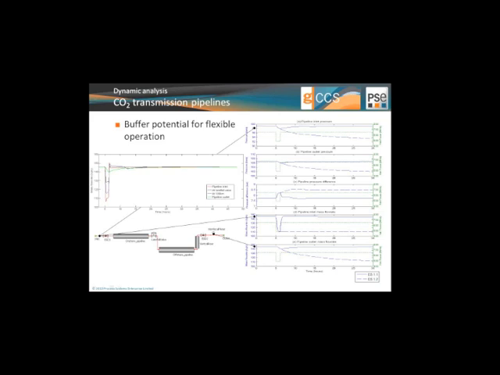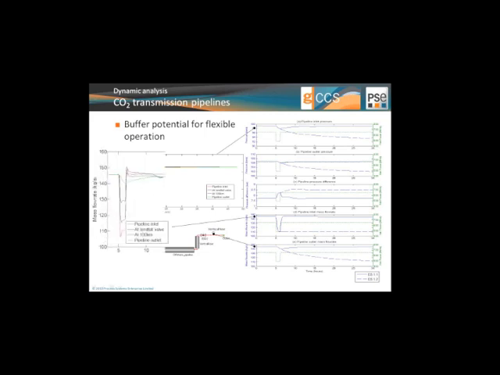Finally, in terms of the transmission pipelines, and please note that the timescale here has changed. Before we were looking at a timescale of 10 hours, and we're now seeing something that is around 50 hours. We can see that, interestingly, the change in mass flow rate is not as substantial as we would see on the injection side of things.